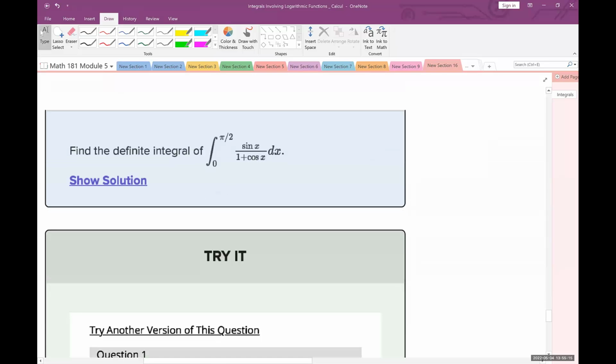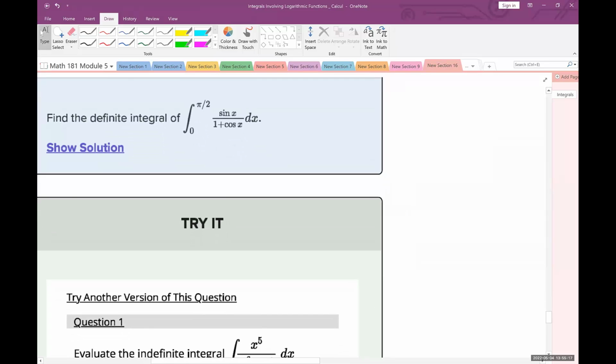Now we're going to do the same thing with limits of integration. So again, you see this, and my first thought was I had to remind myself we're doing natural logs. So it's probably something related to that, because I wanted to turn it into a trig function and mess around with that, but you probably can still get there if you did. But instead, if you said u equals 1 plus cosine of x,